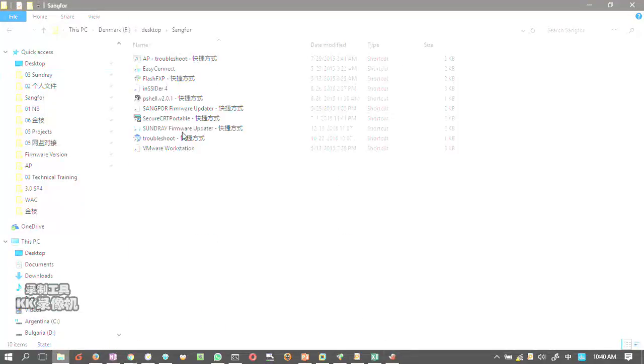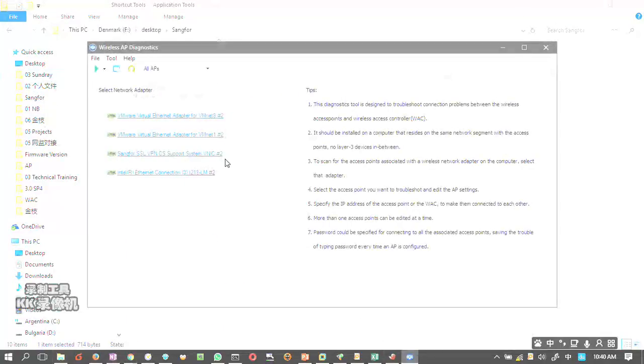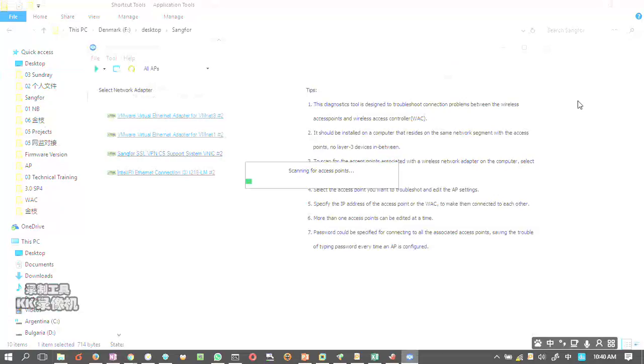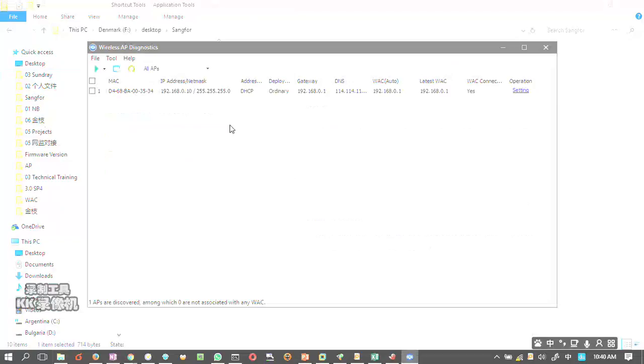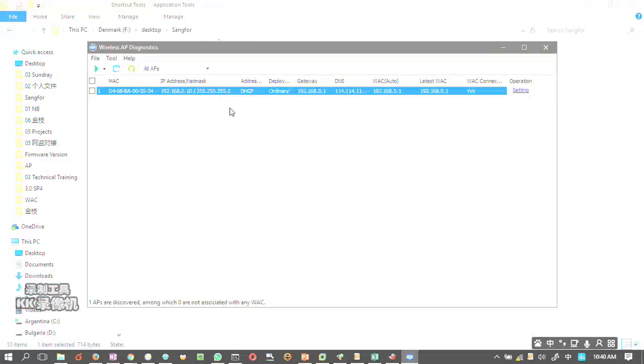So we just use the troubleshoot tool to scan the access point. Is this